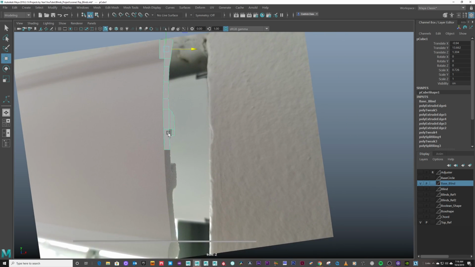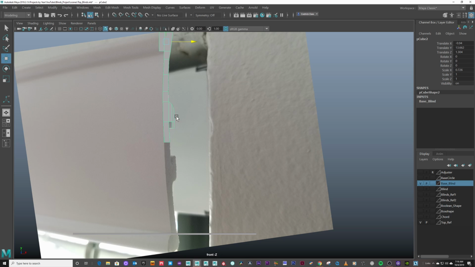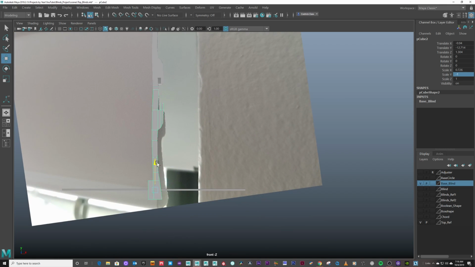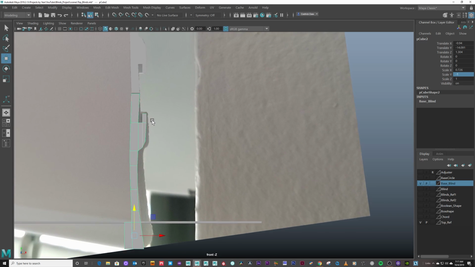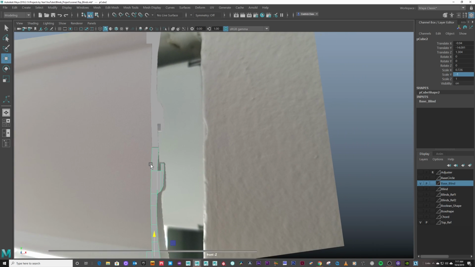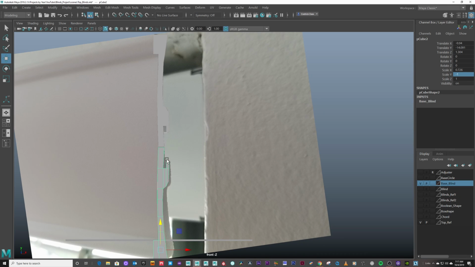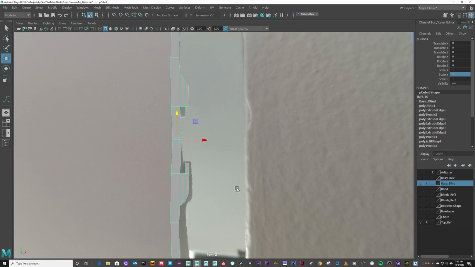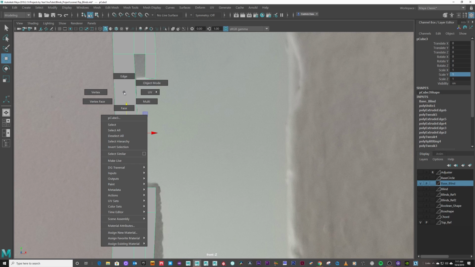So I will press Control D, change my scale Y to -1, move this guy straight down like so, and then I'm not really worried about the angle just yet. Okay, so I'll hold shift, select both of those shapes, mesh, combine, and then let's go to edge and select